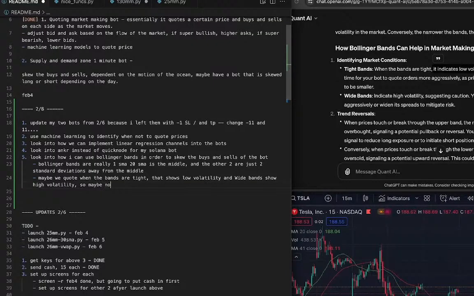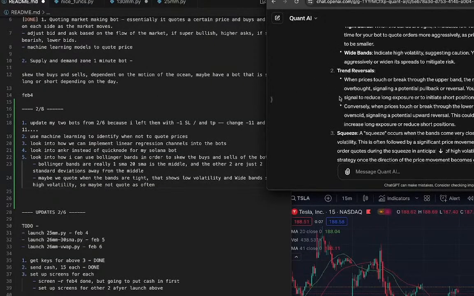So maybe not quote as often, because we always want to be quoting. I always want this to be trading. I never don't want it to be trading. I want it to always be trading. But it's got to be smart. So let's think about how we'll do this. Maybe we'll